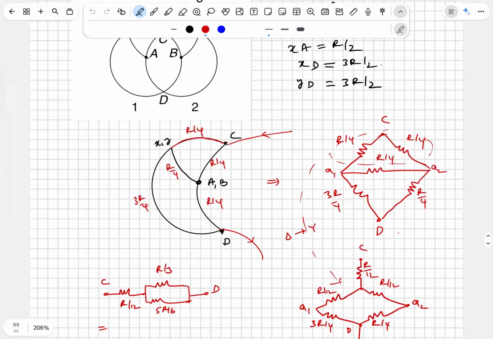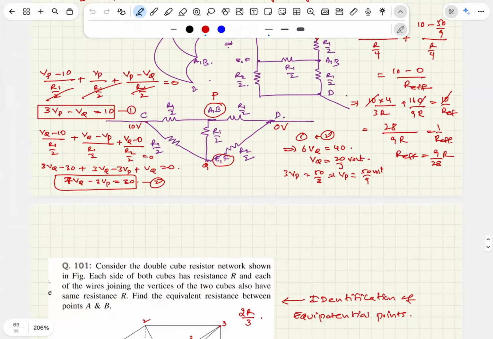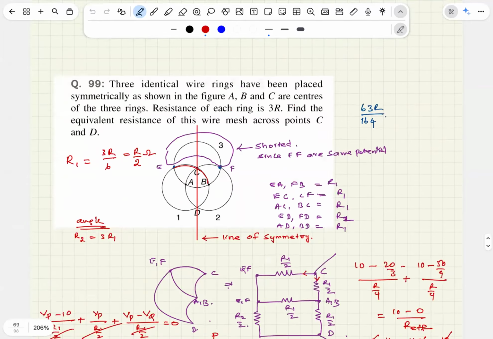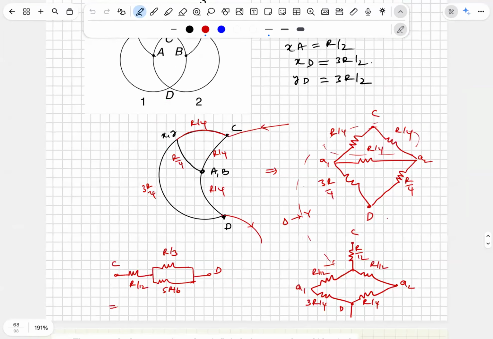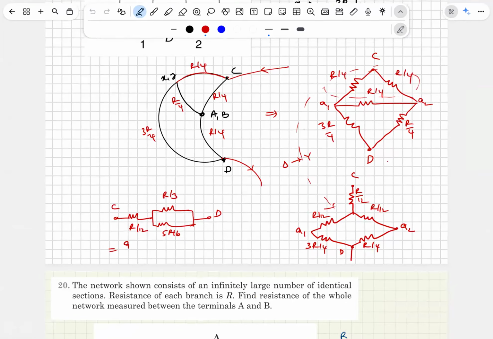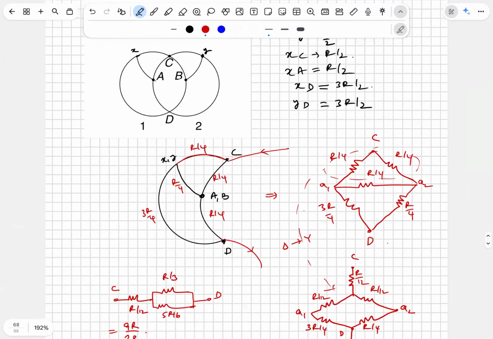That time also I did it correct. Now also I have done it correct. But this time and the last time, what I have done is 50% the same. I have now used delta conversion. That time I did not use the delta conversion, I used the nodal method. My mode, my choice. Any doubt in this question now? Tell me the final answer. 9R by